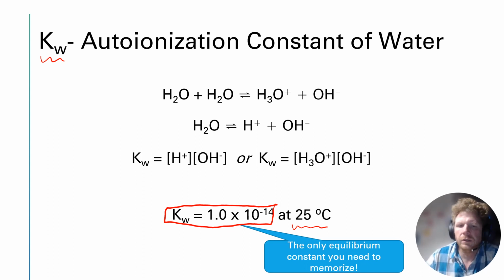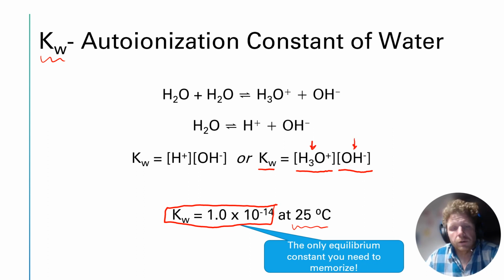at 25 degrees Celsius. Now, to calculate Kw, you can effectively look at this as the concentration of your hydronium ions times the concentration of your hydroxide ions. That is going to be equal to 1.0 times 10 to the negative 14th. So one thing that's worth noting is that Kw doesn't have any units. Now, we know that for these two, molarity will be the units that we use there, but Kw does not have